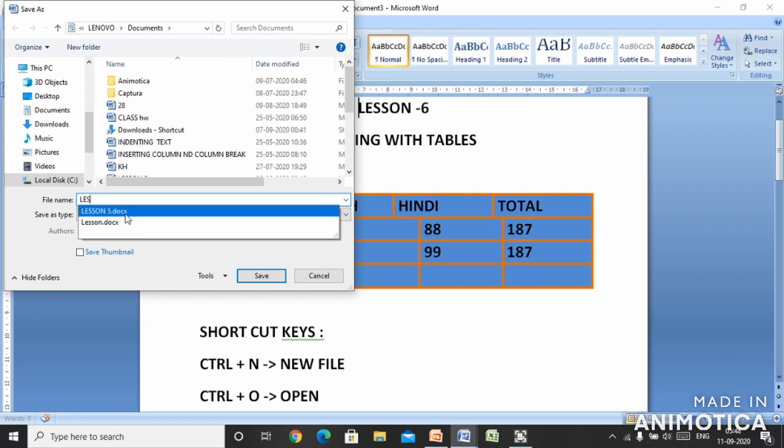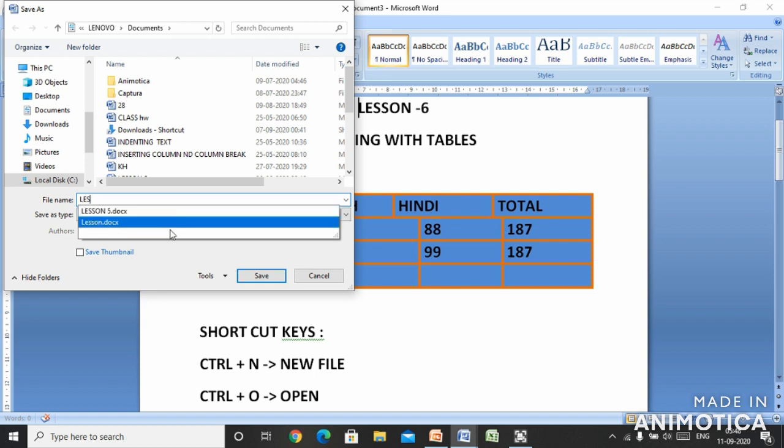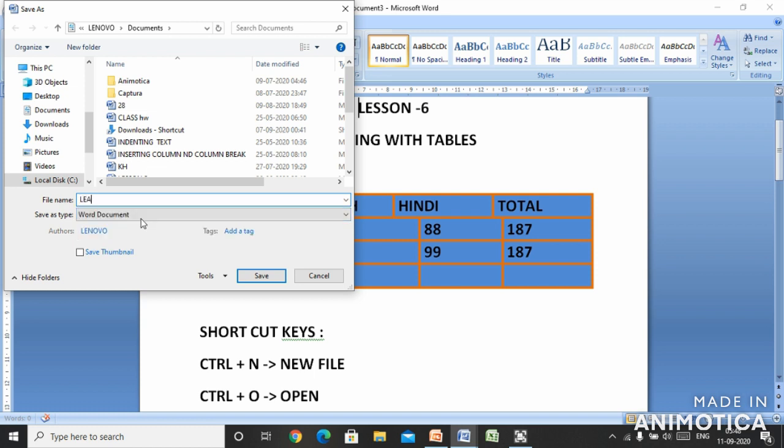It shows that the file belongs to Word. Now I'm saving this with the name LEARN. Then I will save it in my documents, and I'll click on the save button. Now it is saving.